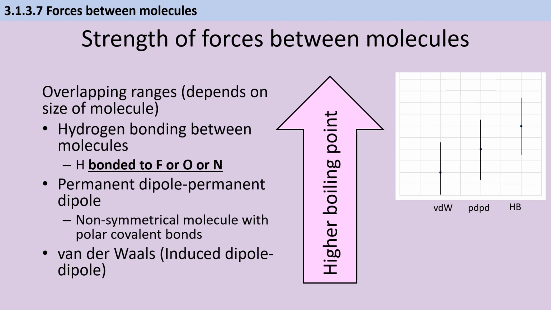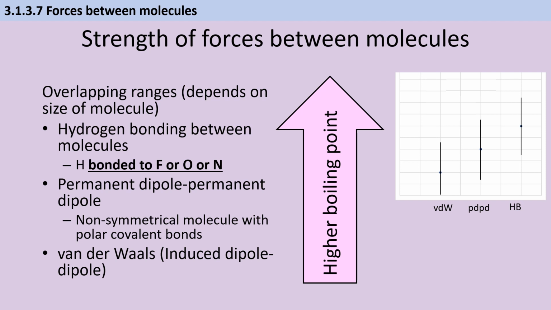The final type of weak intermolecular force is the van der Waals force, and this arises because of the random distribution of electrons around a molecule. The larger a molecule is, the more electrons it has, and the more likely it is that just by random chance there's an unequal distribution leading to a temporary dipole on one molecule, and this then induces a dipole on an adjacent molecule, and the attraction between the positive end of one molecule and the negative end of the other leads to the van der Waals force. The larger a molecule is, the more likely it is that this arises, and the stronger van der Waals forces